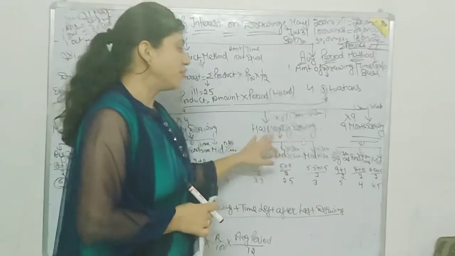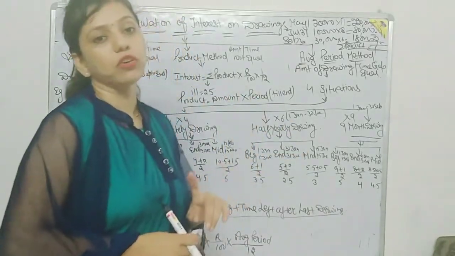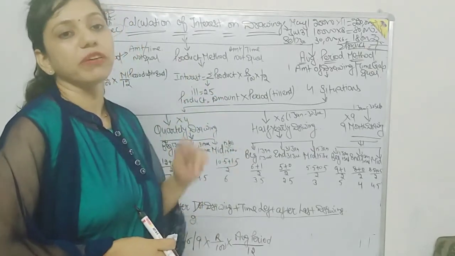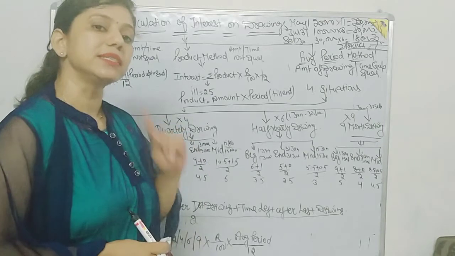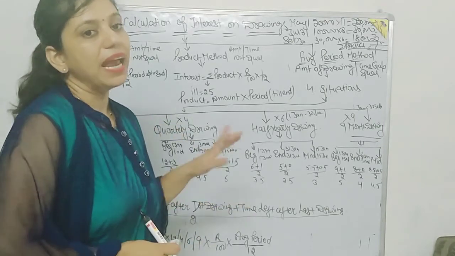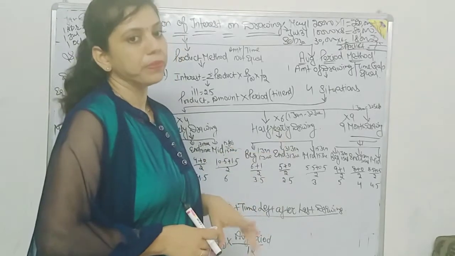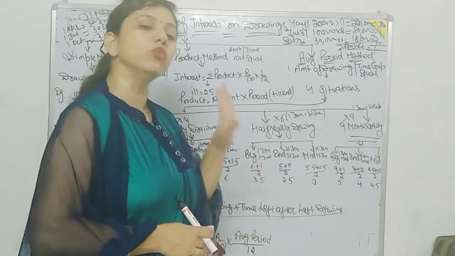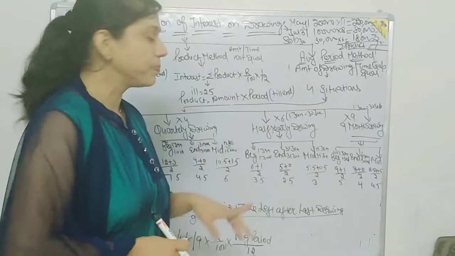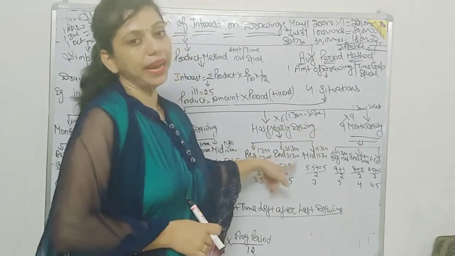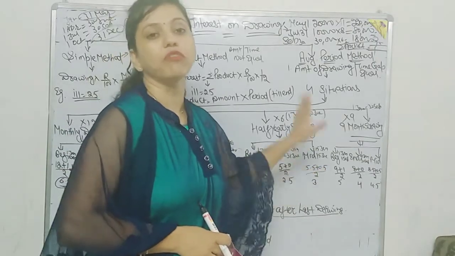Next we have half yearly drawing. Half yearly drawing means drawing is made for half a year. In this case we will multiply the drawing by 6. Monthly drawing is given and we will multiply it by 6 as half year is given in the question. So half year means 1st January to 30th June is the time period. Again we have three situations: beginning of half year, end of half year and mid of half year.